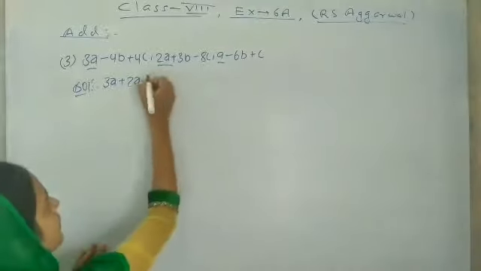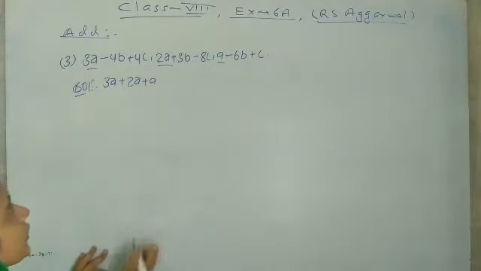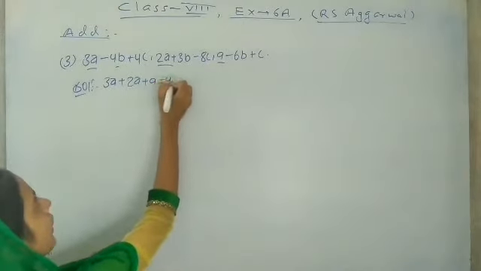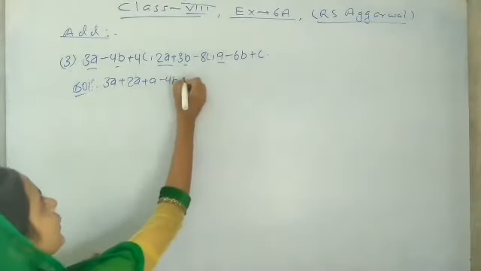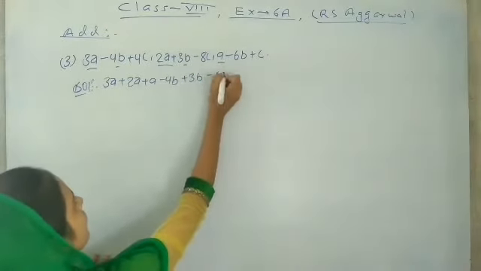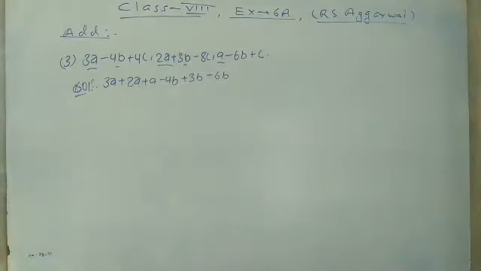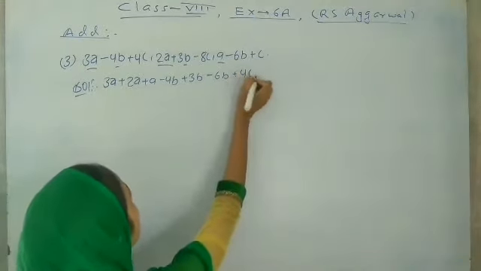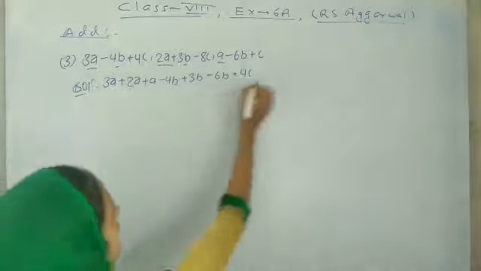Here is plus a. And now we will write of b. So minus 4b and here is plus 3b. Here is minus 6b. Now the terms of c, so plus 4c, and where is c? Minus 8c